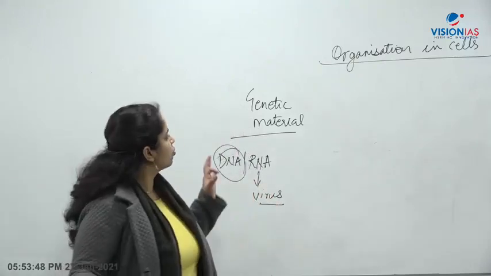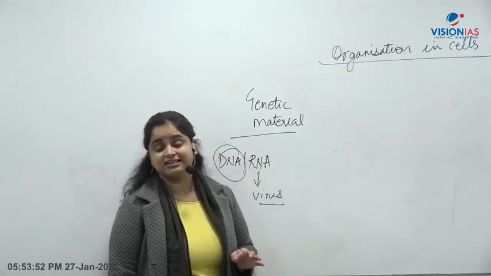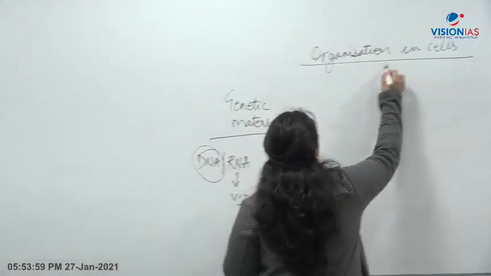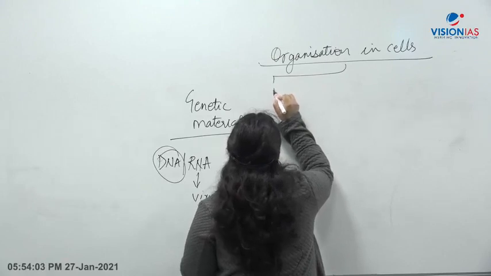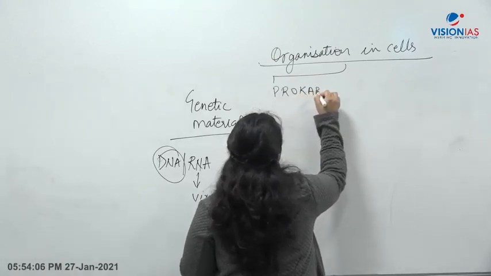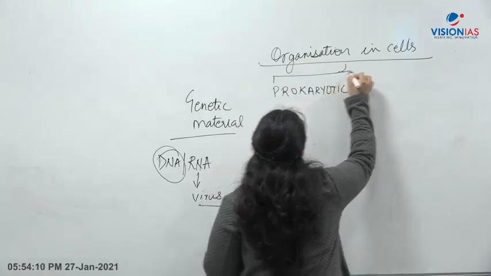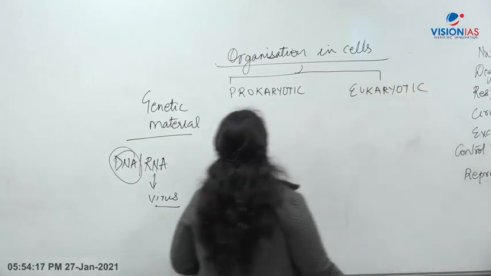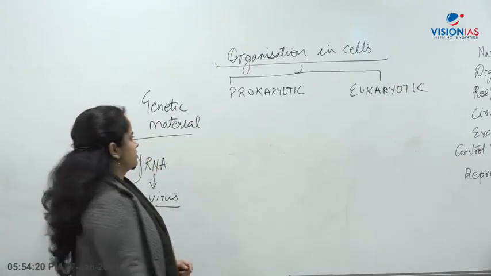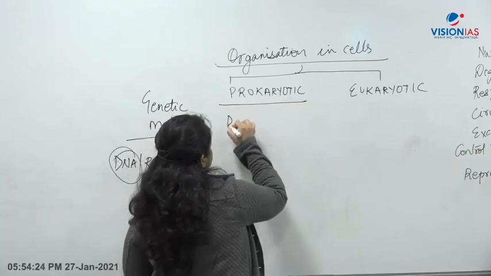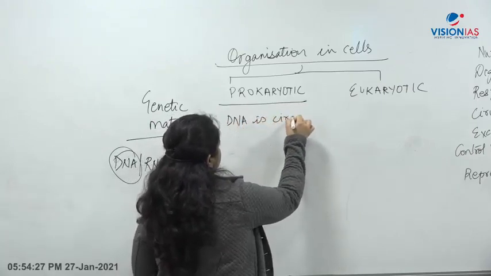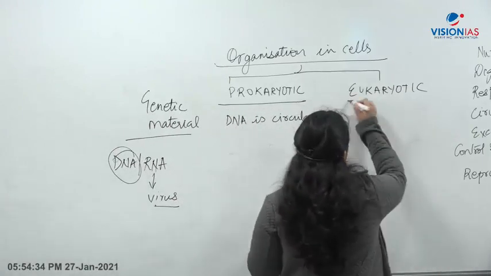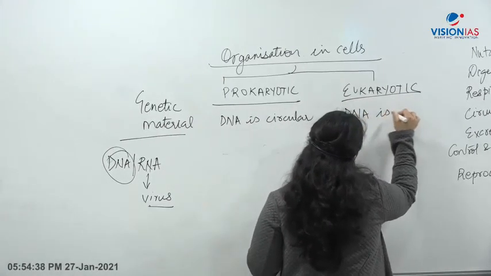Okay. Now the way this genetic material is arranged, that is different in the two types of organisms. What are these two types of organisms? First one is prokaryotic and then eukaryotic. In prokaryotic organisms, the genetic material or DNA is circular. And in eukaryotic organisms, DNA is linear